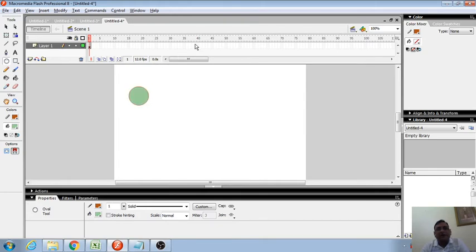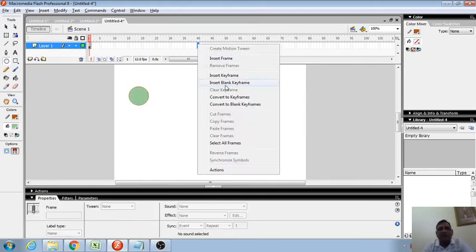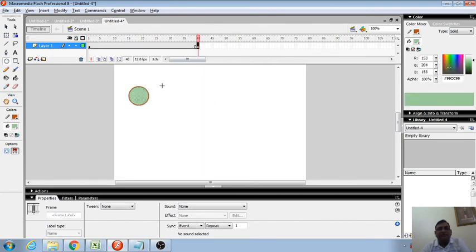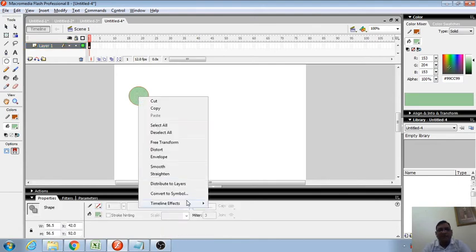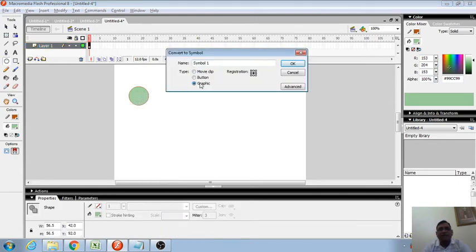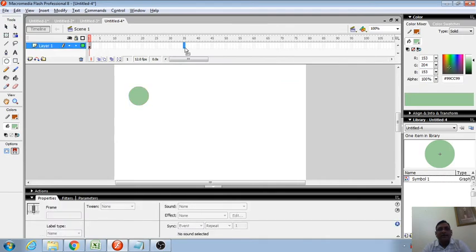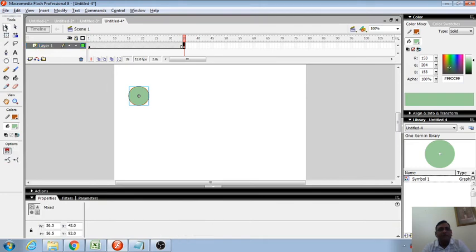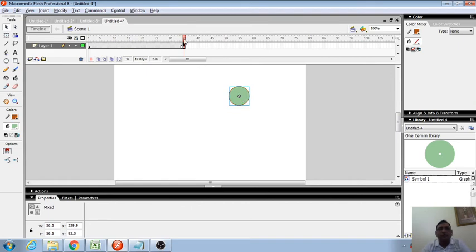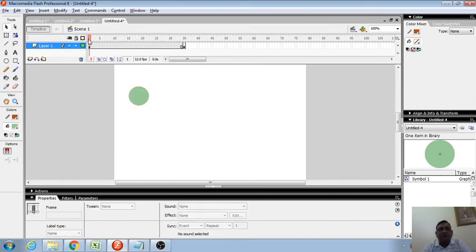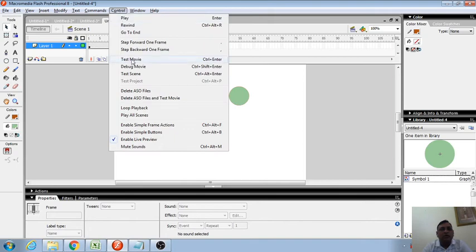Okay, in this circle up to the 40th frame I am going to insert the keyframe. Before inserting the keyframe, let us convert this into a symbol. I am going to make it a graphic, and at frame 35 I am going to insert the keyframe, select it, and move it to this place. Now see, when we move this, at the end it is going, but smoothness is not there. If you go to Control and test the movie,